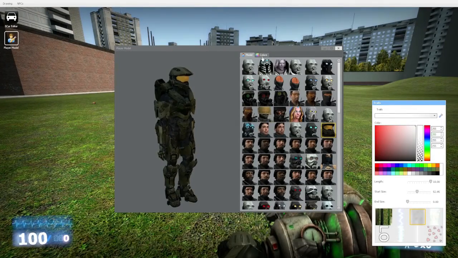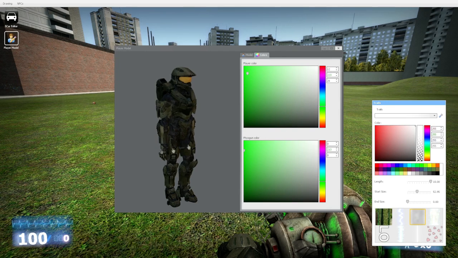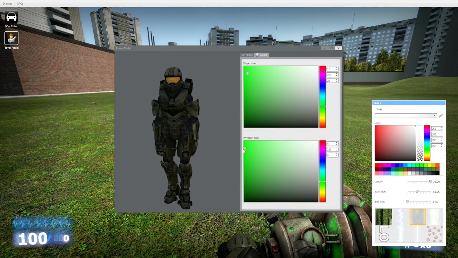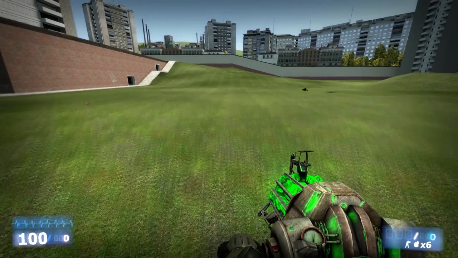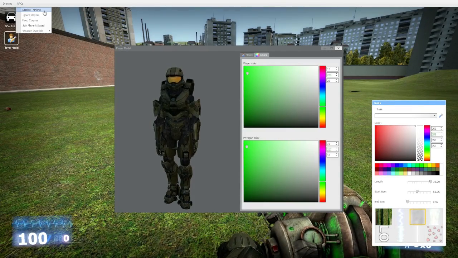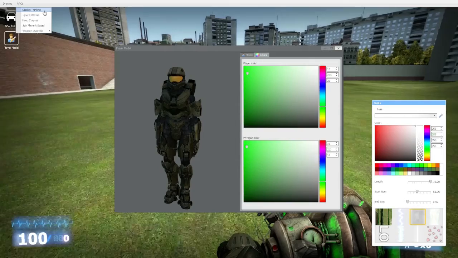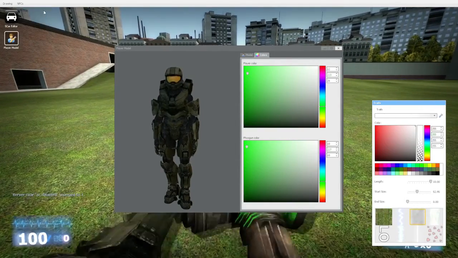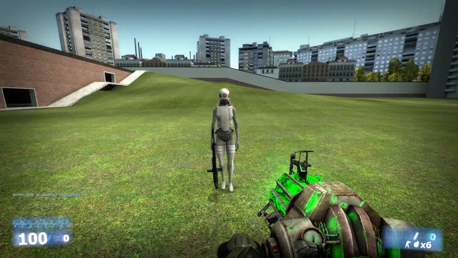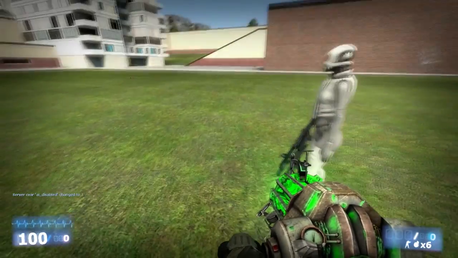Also, you can change the colours of your player, but obviously it only does it for other skins, not this one, because this is fully textured. And you can change the colour of your physics gun, which is what I'm holding here, and the beam. If you go to NPCs, you can disable the AI by disable thinking, meaning if I was to disable their thinking, then spawn an enemy again, it wouldn't attack me. They have no AI, they wouldn't attack opposing